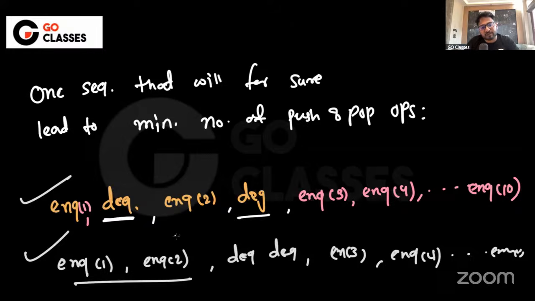There you need to make sure that this is basically kind of a balanced parenthesis problem. You can just assume it like a balanced parenthesis kind of problem. So basically it is like for every NQ there is a DQ, something like this, right? What I'm trying to say is, there you need to check all the sequences which will lead to the minimum, and you need to make sure that if you are having 2 DQs, or let's suppose 3 DQs, then you can have DQs anywhere. These are the 3 DQs. You can have DQs anywhere.